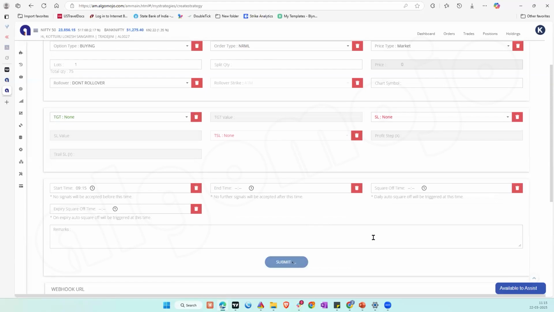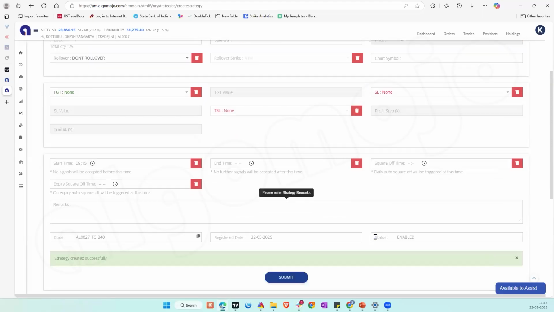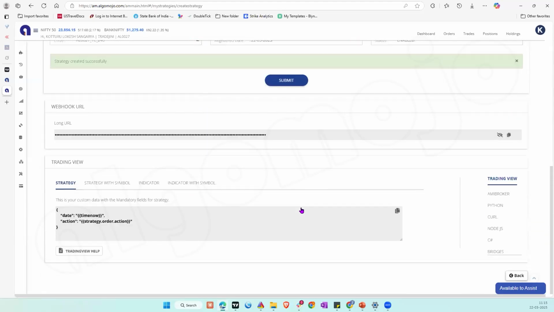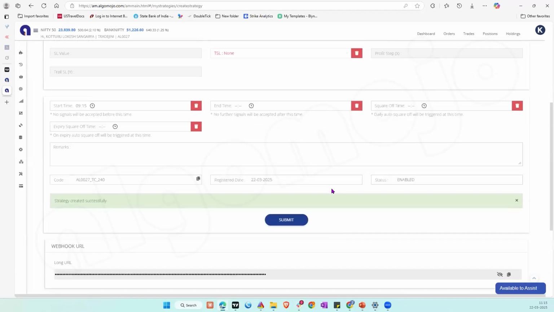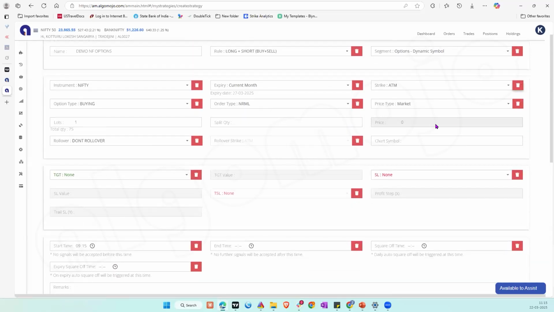Once we do this, we submit the strategy, and it'll create the webhook URL for this particular strategy. And actions are similar, irrespective of the strategy. Most important is the webhook URL. A unique webhook URL will be created for each of the strategies, which will tell us what order is to be placed. Yeah. So once you do this,